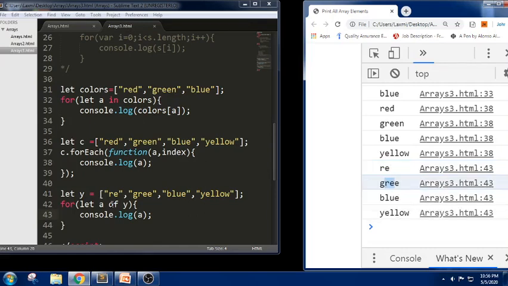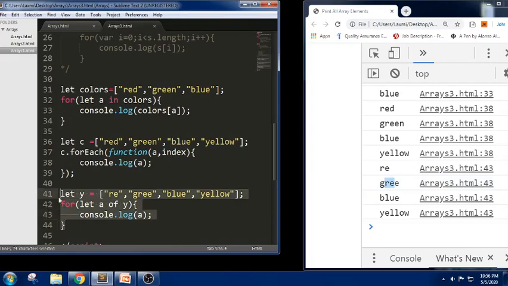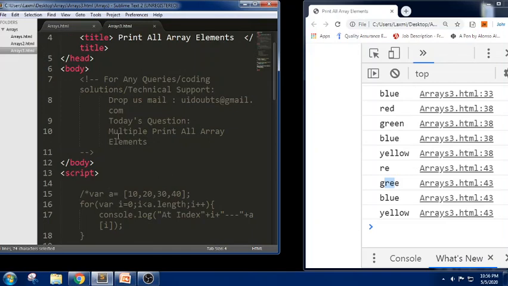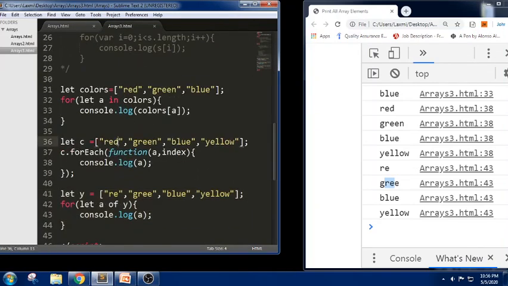So these are the multiple ways where we can print the array elements. Now you might get doubt like which one we need to prefer, for loop, for in loop, for each loop or for of loop. It is most preferred to use for of loop because it can be used to iterate all the objects, collections, maps, sets, and it is introduced in year 6. So this is how we can iterate the list of array elements. That is multiple ways to print all the array elements.